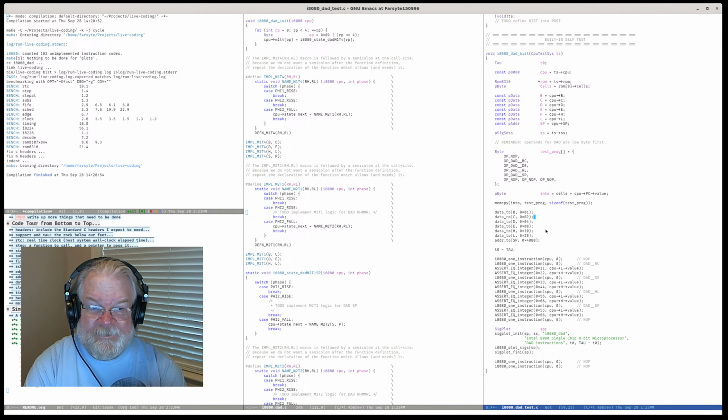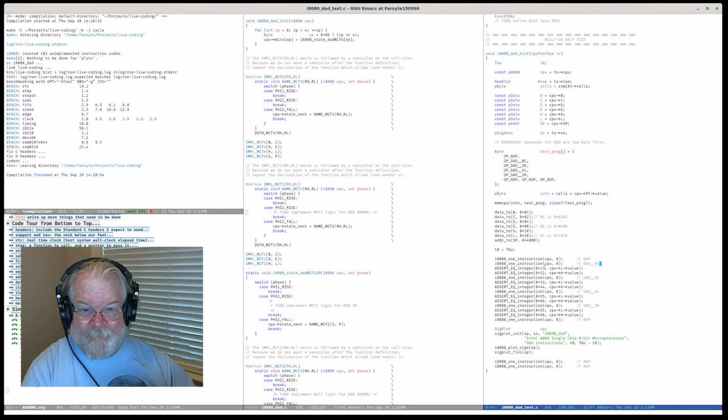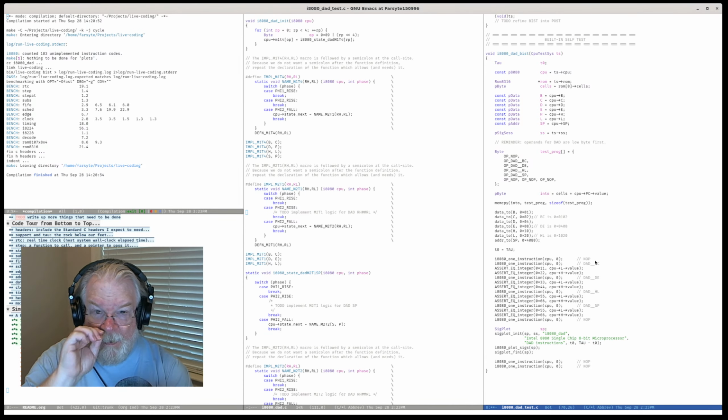So BC is 0x0102. DE is 0x0408. HL is 0x1020. Okay, so when we DAD BC, we need to test the carry thing.